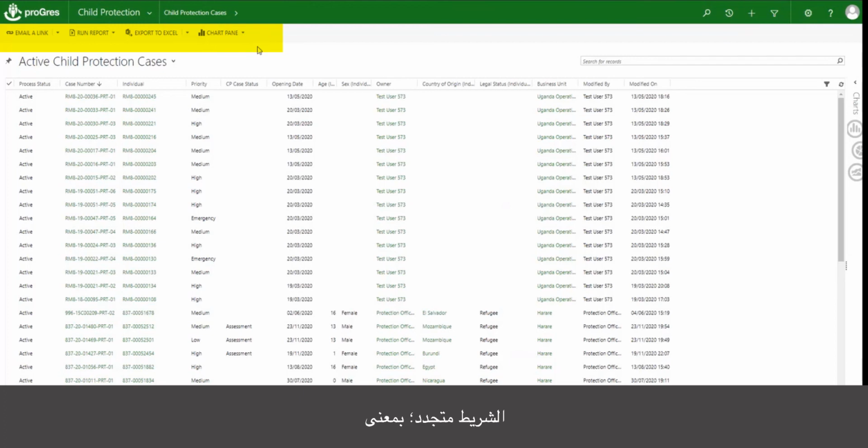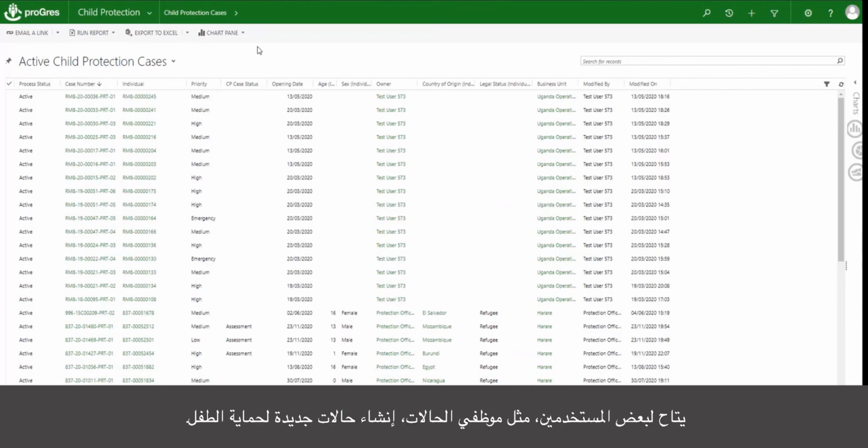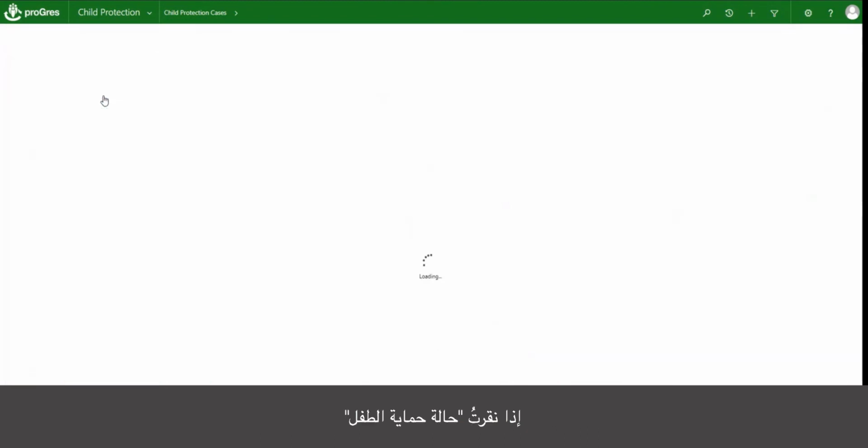The ribbon is dynamic, meaning depending upon where you are in the system, it will look different. It will also look different depending upon your security privileges. Some people, such as caseworkers, are able to create new child protection cases. Some people are not. If you are able to, then it will show up in the ribbon. If you are not, then it will not show up. So if I click on child protection case,